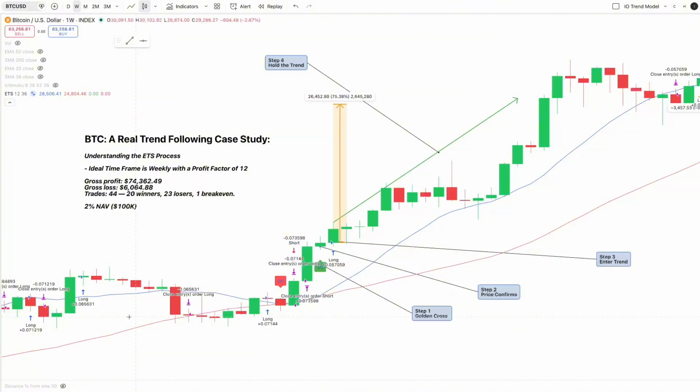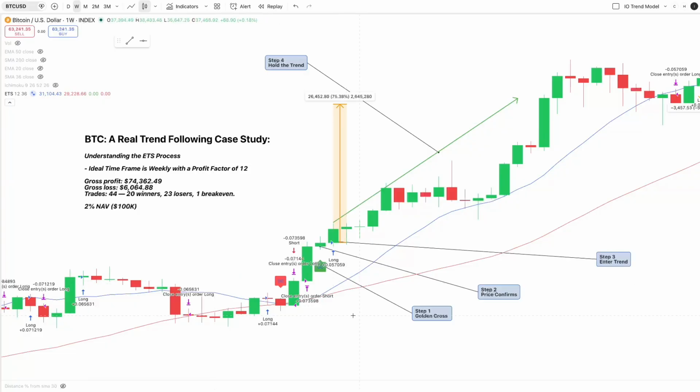So if your NAV was 100K and each trade was 2%, here you'd have a gross profit of 74K, a gross loss of 6K. So net profit of around 68K. So 44 trades, 20 of those winners, 23 losers, and 1 break even. So you can see that there actually is more losers, but overall, when the trend is going with you, it's doing really well. So how the actual